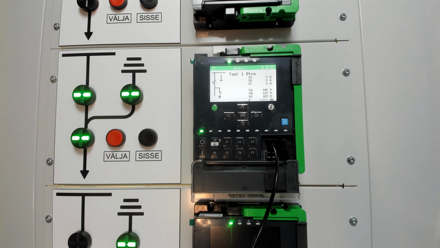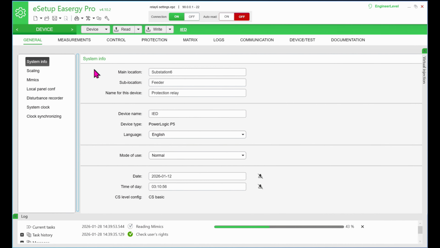So just the name, for example, I just want to change the name in the general system info. Here's sublocation feeder, you see substation 6. I want to make it 4. And when I make it 4, this highlight shows that it is changed. Now I don't want to reset entire